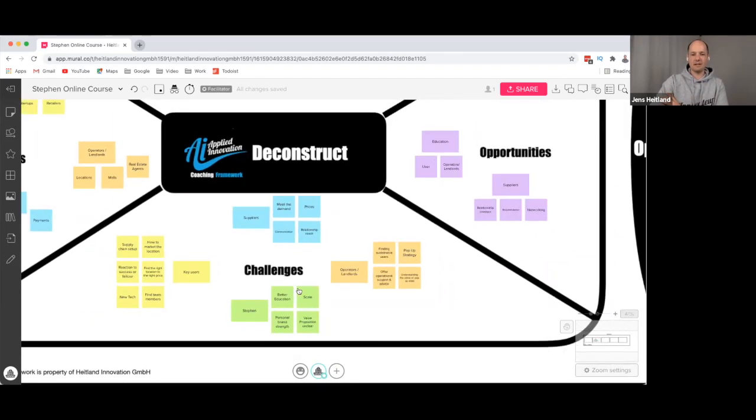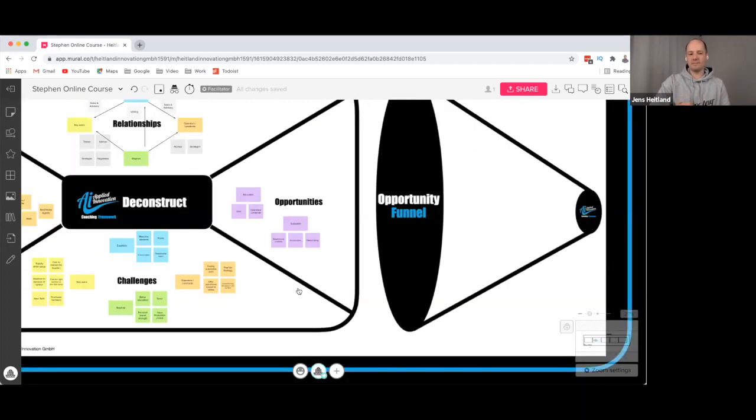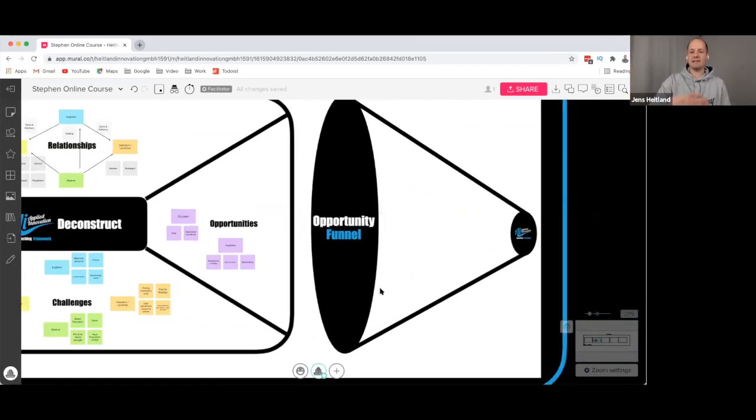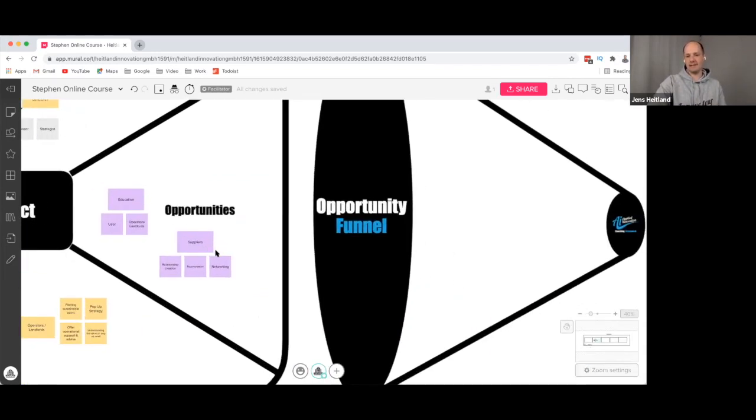So now comes the fun part: organizing that into a funnel. From a sequence perspective, in the best case, you take one thing first, and that's influencing a lot of things. Looking into the opportunities, what is the opportunity you would be tackling first, second, third? Yeah, so I think the user education would be the first one to tackle,